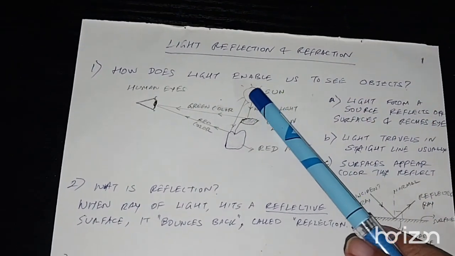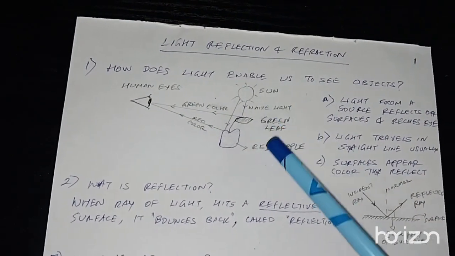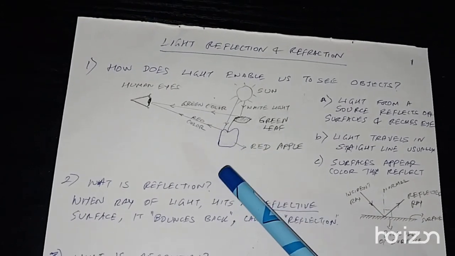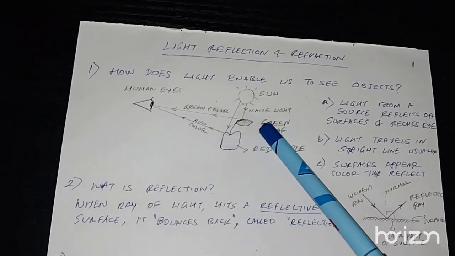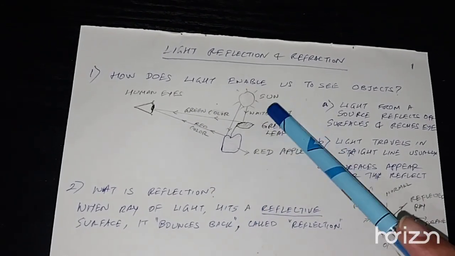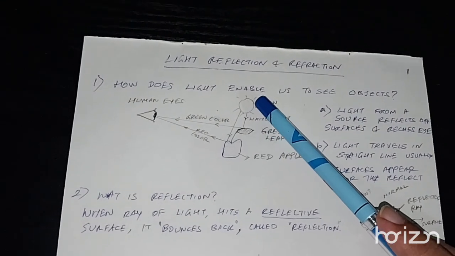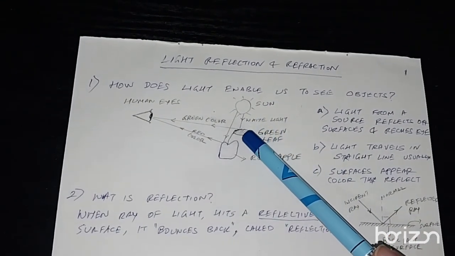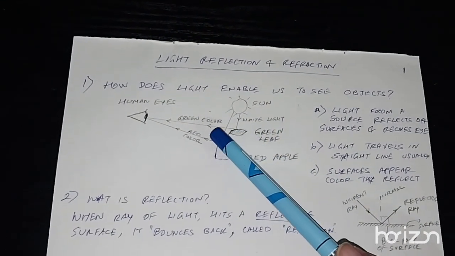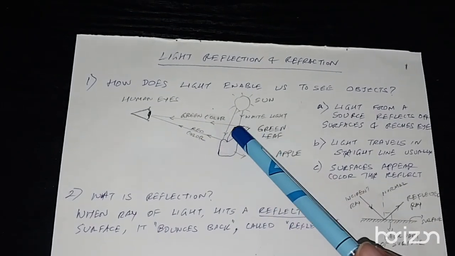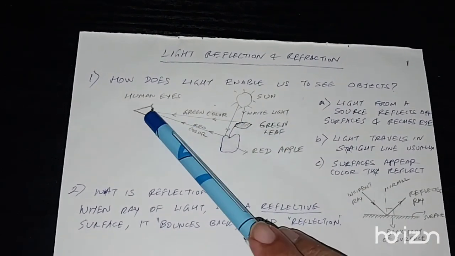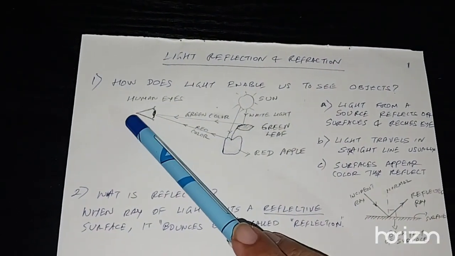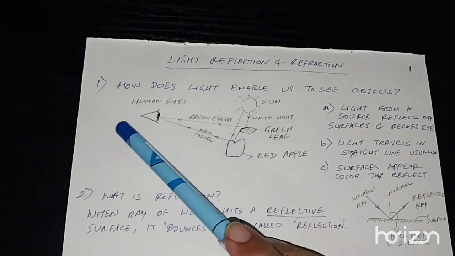So assume that we have a light source like the sun here, right? And assume we have an object, a red apple with a green leaf, okay? So what happens is the light falls on the object and gets reflected, okay, and what the light gets reflected that goes into our human eyes, goes to the retina, and our brain processes that signals, and that is how